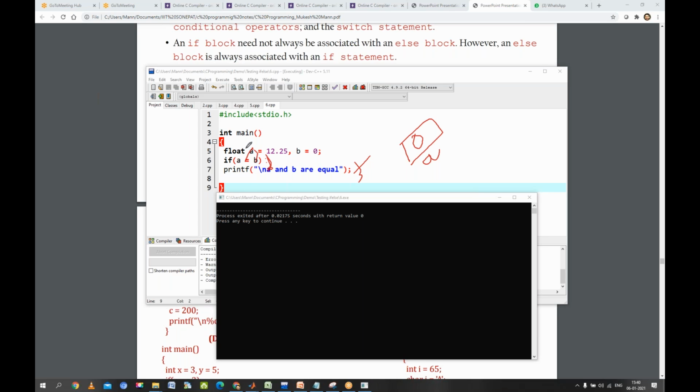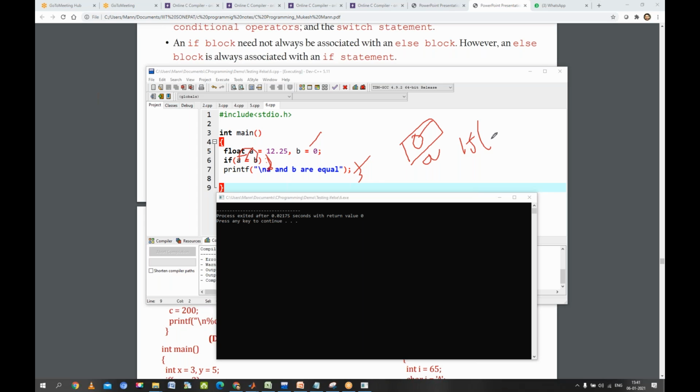We have assigned B to A, and B is 0. So whenever we say A or B, whatever variable we call, it is as good as saying its value.